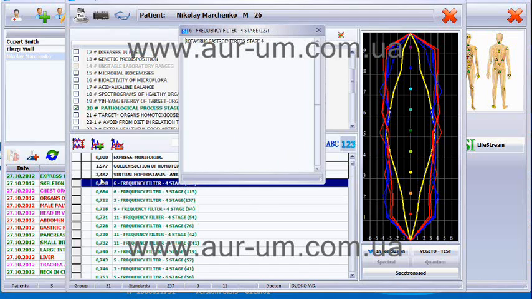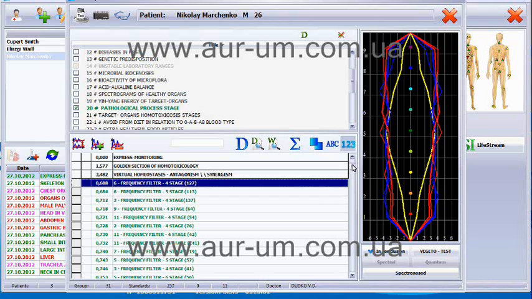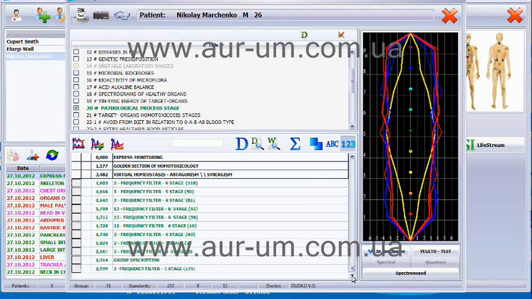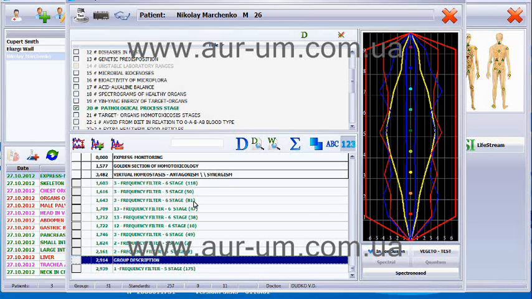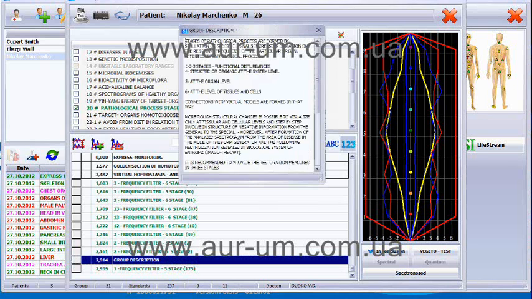For instance, if here the coefficient would be below 0.5, it would indicate that filter 6, in this case the small intestine, duodenum and or pancreas, would have rotavirus gastroenteritis, stage 4. What does stage 4 refer to? In this case, at the very bottom of group 20, there is a group description. By pressing the D button, we can also find out more details about this group and about the stages that